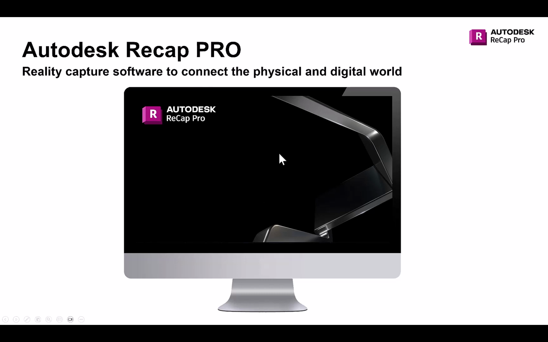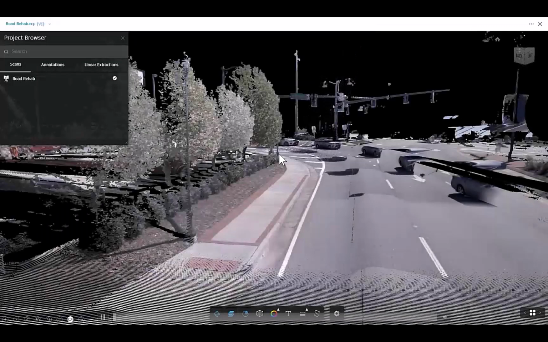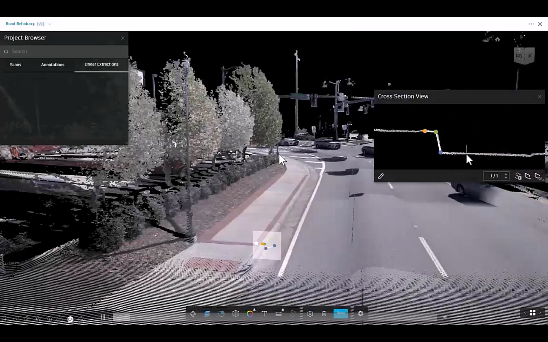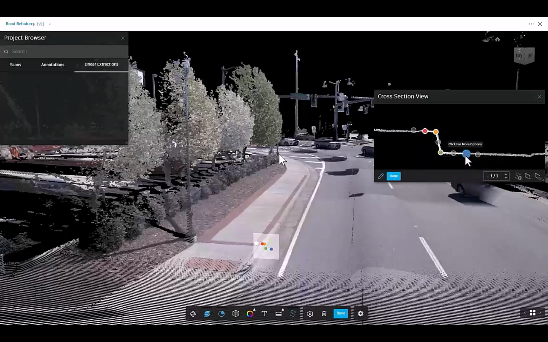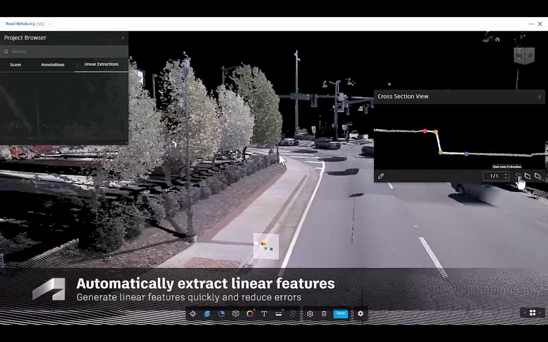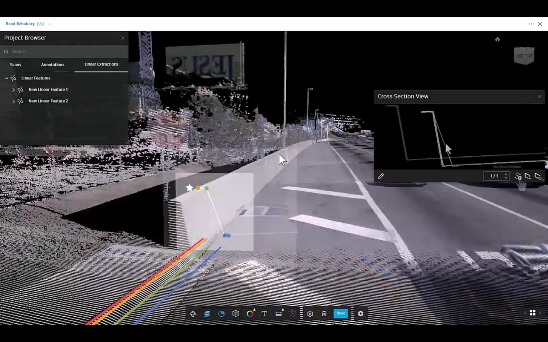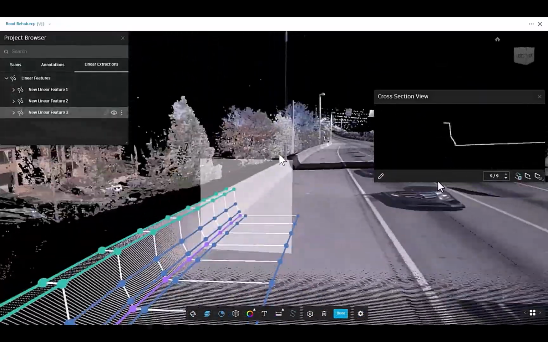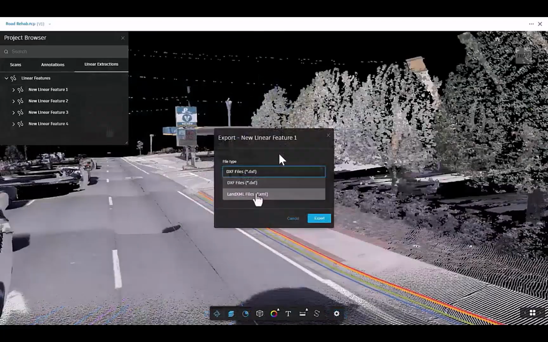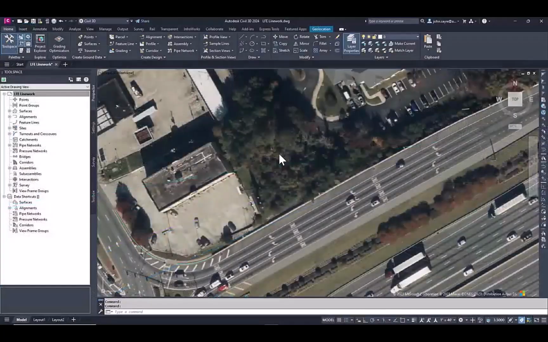Autodesk ReCap Pro is a powerful tool for capturing accurate existing conditions, perfect for starting any design or renovation project. With ReCap Pro, you can import point clouds from many types of 3D scanners. It lets you clean, edit, and organize that data easily. This makes it ideal not only for buildings, but also for infrastructure projects, like roads, bridges, or railways, where precise